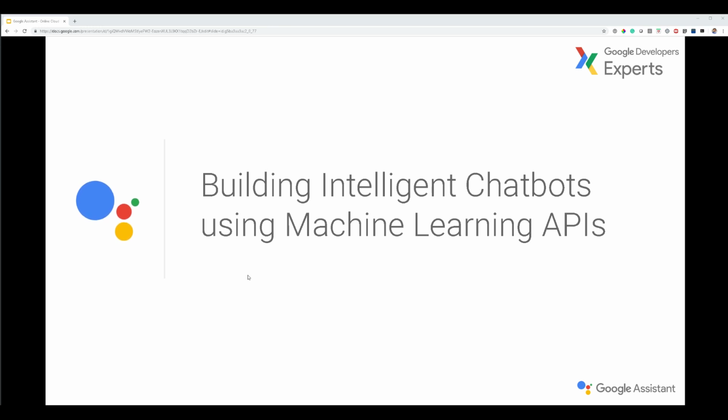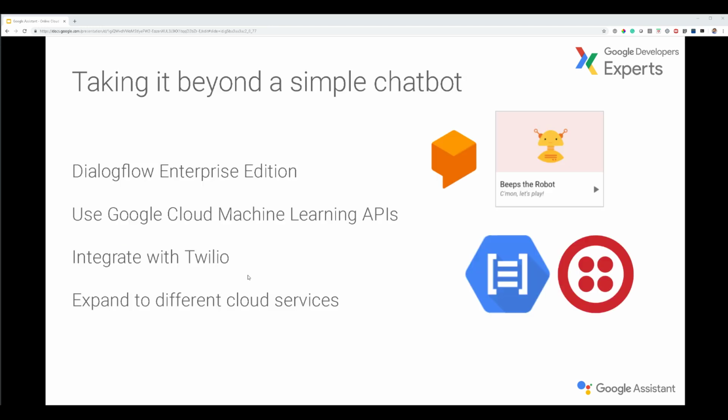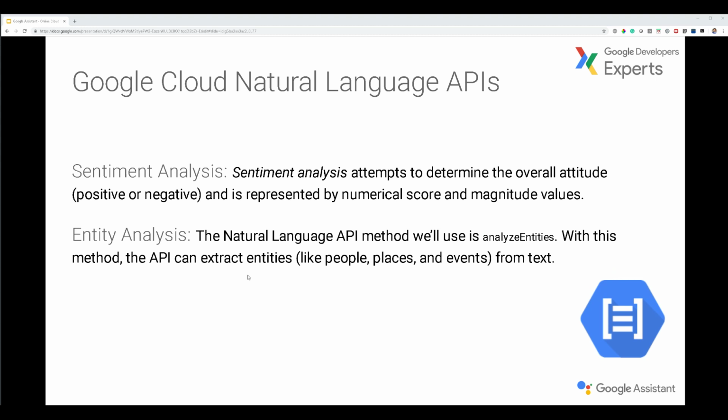Some of the examples that I've done are basically taking the same tools but combining them with other Google Cloud APIs and other services and products to have a much more meaningful or intelligent experience. One of the examples is where we use sentiment analysis. So let's say traditionally you're having a conversation with the user. The user says,